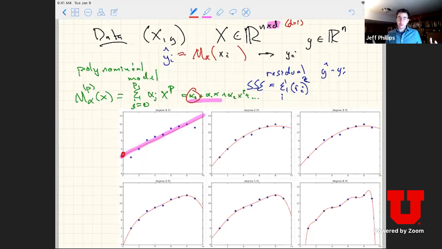But if I went up to degree 2 instead, I'm going to get a curve that looks like this. It's going to have some sort of offset, but I'm fitting a polynomial function through here instead. So this is like an upside down parabola, right? A 2-degree polynomial function has to be a parabola that goes up and then down, or starts down and goes up and then comes back up. Those are the two options. All polynomial models are some form of parabola.